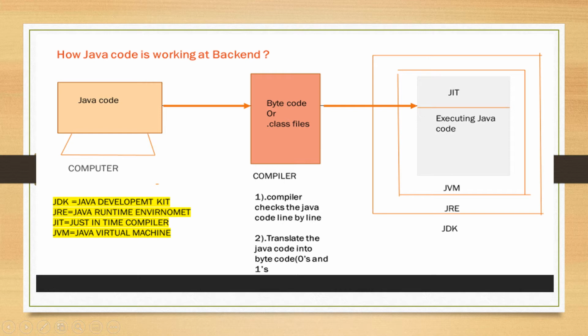After that, JVM is present inside your JRE. JRE is the Java Runtime Environment. It just creates an environment to run your Java program. And JDK is a kit to develop your Java based applications. So this is what we discussed in our previous video. In this video, let us see how to download the JDK on our own system.